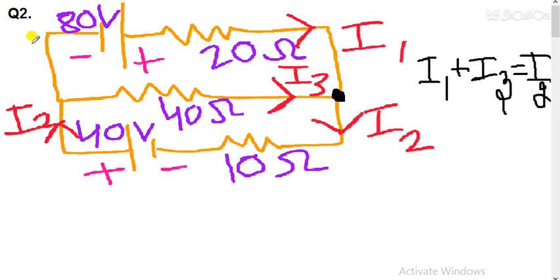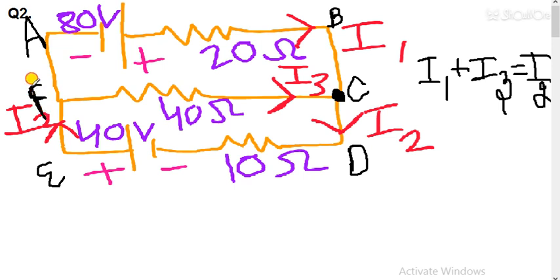So now I am making some points. Let's take this as point A, this as point B, C. So C is a junction point, and we have applied Kirchhoff's current law at point C. So D, E, F. You can apply KCL at any point. You can apply KCL at point F also, but as the directions were clear near point C, I have taken it. You can take I1 coming here also, or you can take I1 going away from this point also. You can follow that method also, but I have taken this one, so you can take any method.